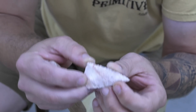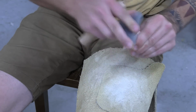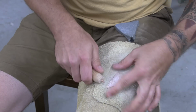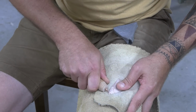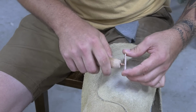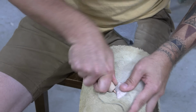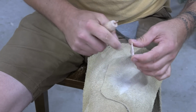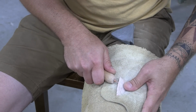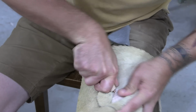So we're going to just do our final thinning with pressure, really cleaning up the edge. And I will drive some pretty decent flakes to help finish thinning, but we're not far off of our finished thickness anyway. So it's just a little bit of working up and down the edge, taking little high spots, little platforms we've made, and then I typically look at about every one and say, does it just need a little bit of removal? And then when you get to a spot that maybe we need a little bit more thinning, then I abrade it like that, and then I line up, and then I pop a better flake. And so just about every one,